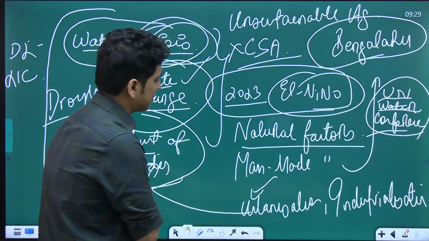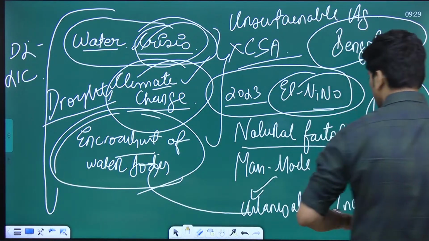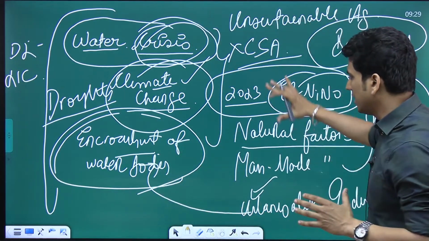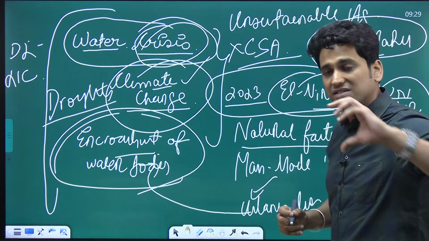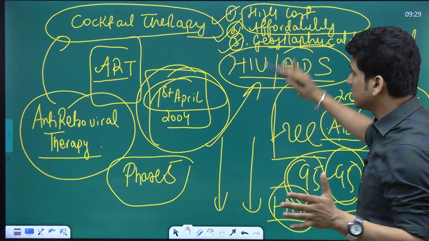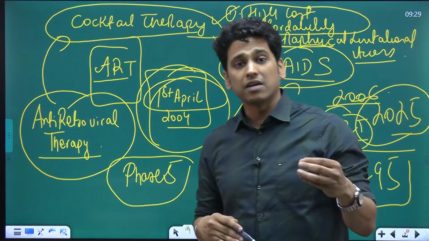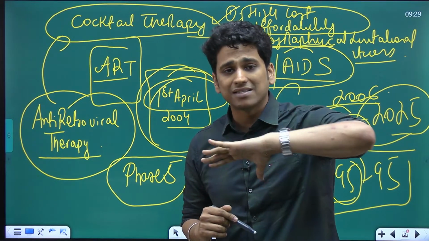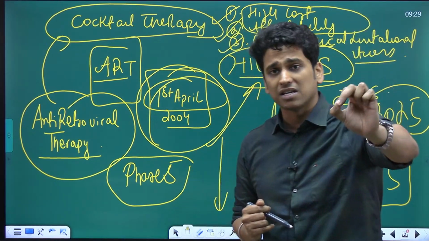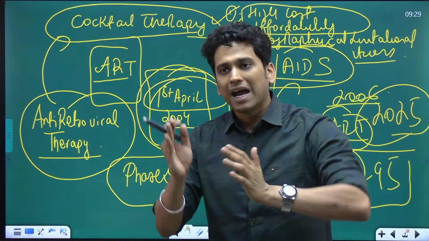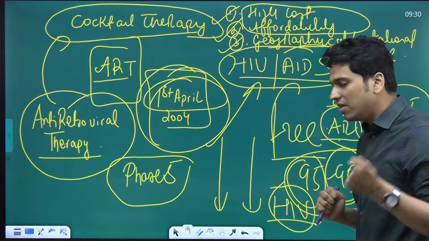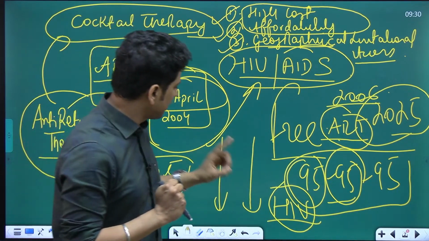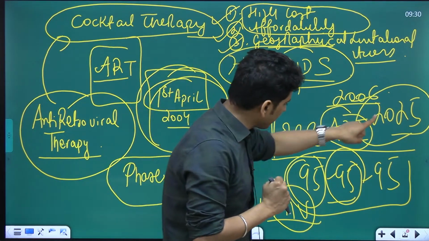I hope you were able to understand today's newspaper. Today's newspaper was very much important. There were 4 major articles that were a part of today's newspaper. One was related to this water crisis that we have tried to discuss in much detail. Second one was related to this ART therapy that was made free from 1st April 2004, and it is one of the most landmark decisions that has been taken in the Indian context when we talk about our health infrastructure and fight against the HIV virus. And we have a lot of new programs that have been going on and there is an ambitious target that we have set up for ourselves in context of ART, that is